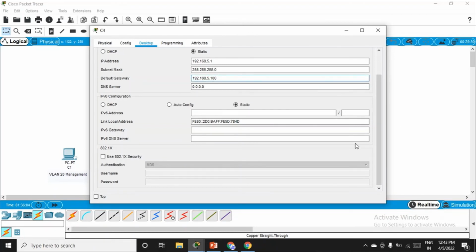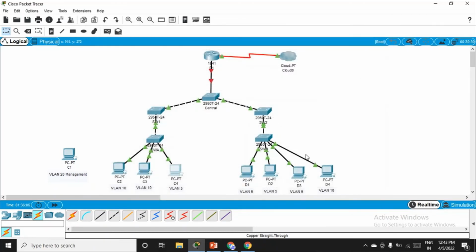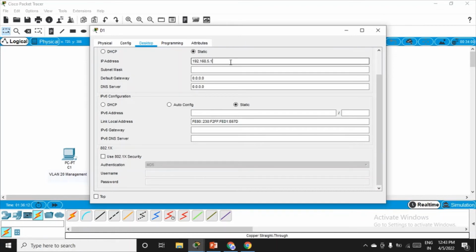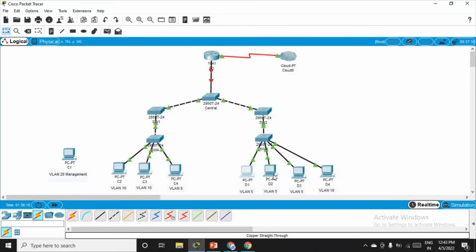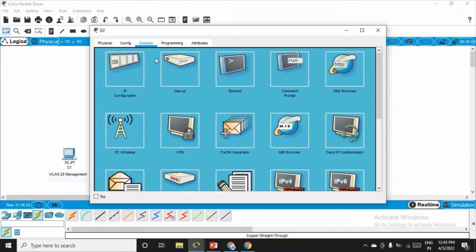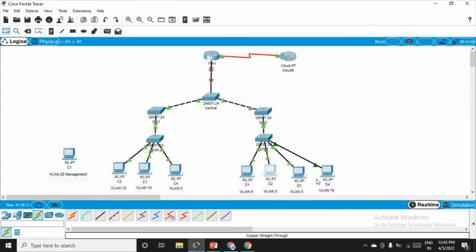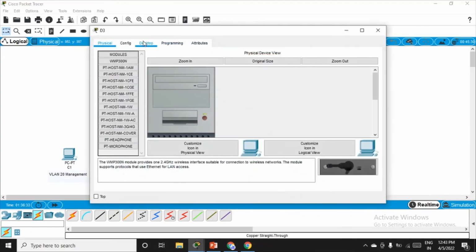Now we have to do the same for D1, D2, D3. Let me do it quickly. This will become 2, close, desktop. This will become 3, D3. This will become 4,